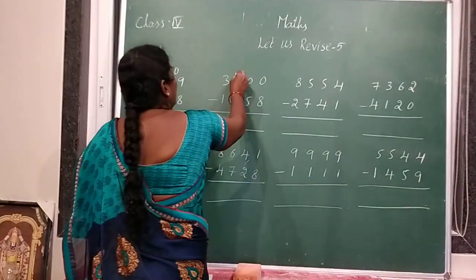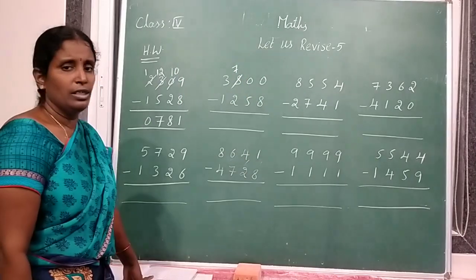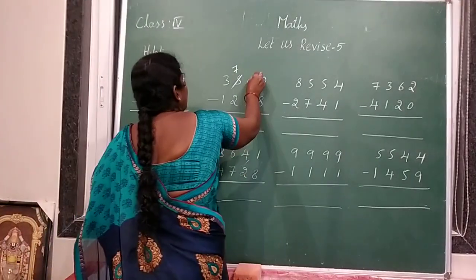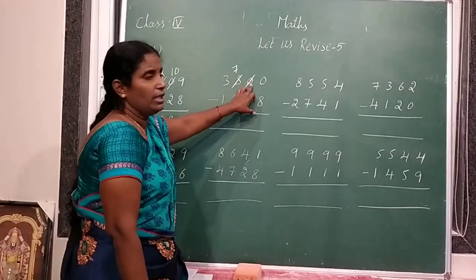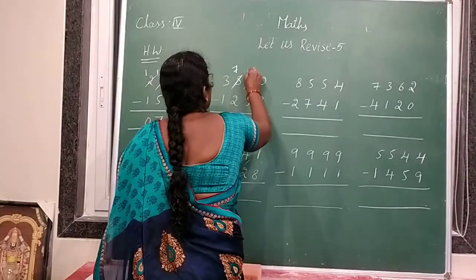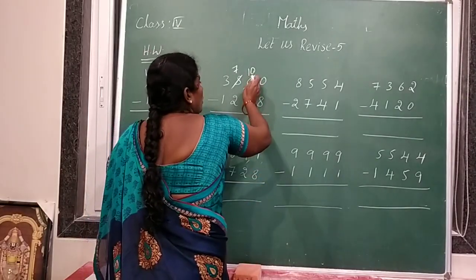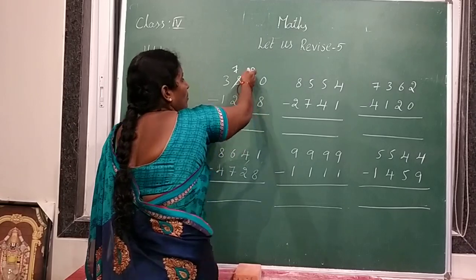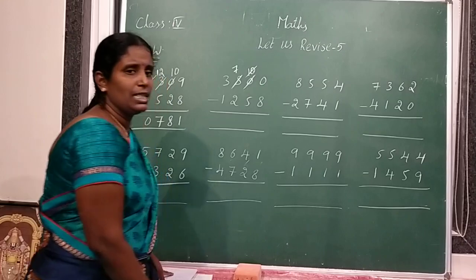Don't take directly from hundreds to ones place. So here 8 hundreds are there. If you take 1 from 8, 7. And here 0 tens are there. We are taking 100. It is nothing but 10 tens. 10 plus 0 is 10. Again we should take 1 ten from 10 tens. So if you take 10, how much is left?